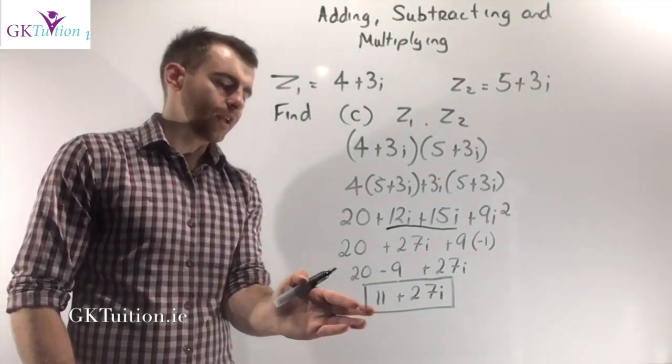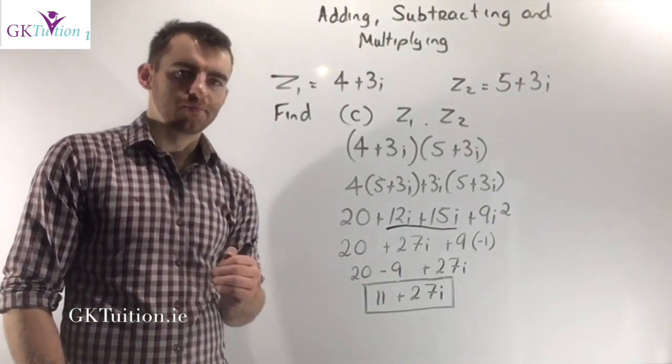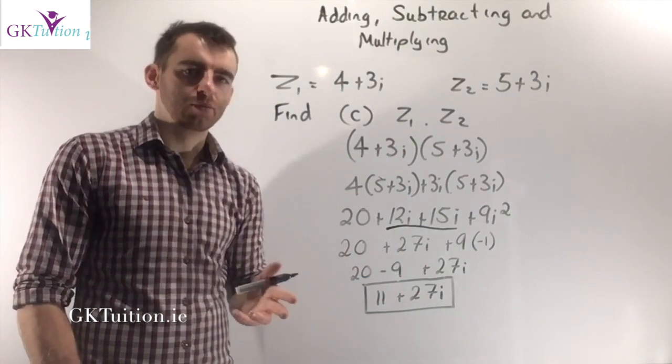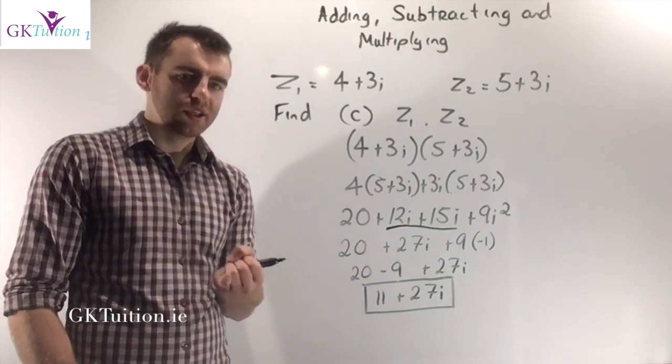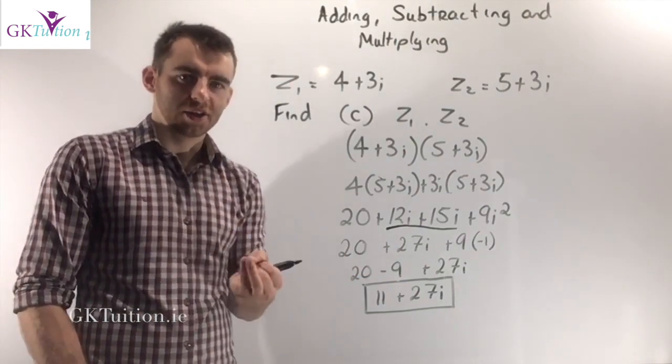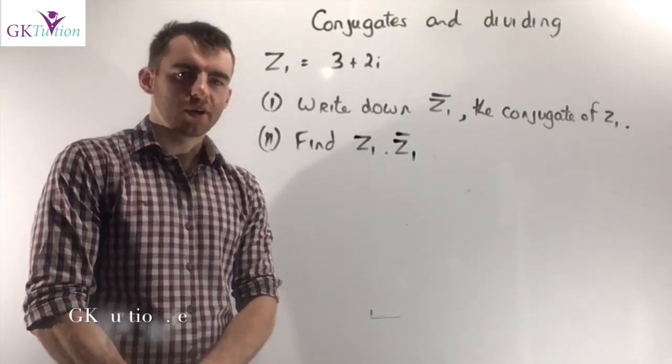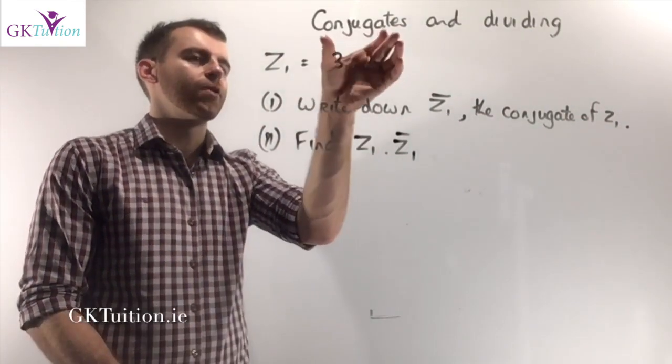So I end up, my final answer is 11 plus 27i. So that's our adding, subtracting and multiplying. Logically, the next thing we need to do is talk about dividing and conjugates. Okay, what I want to talk to you about in this video is, first of all, we need to talk